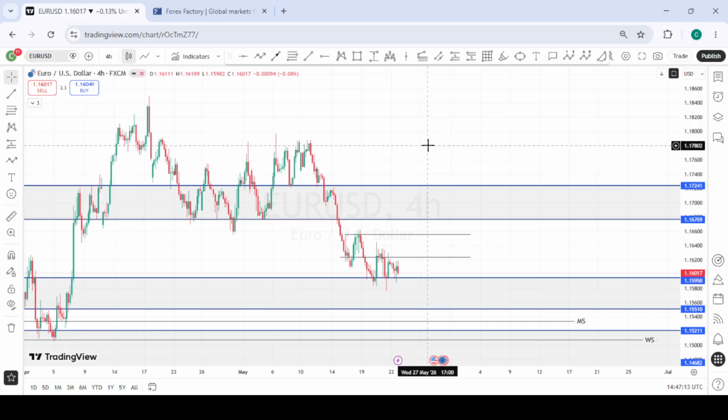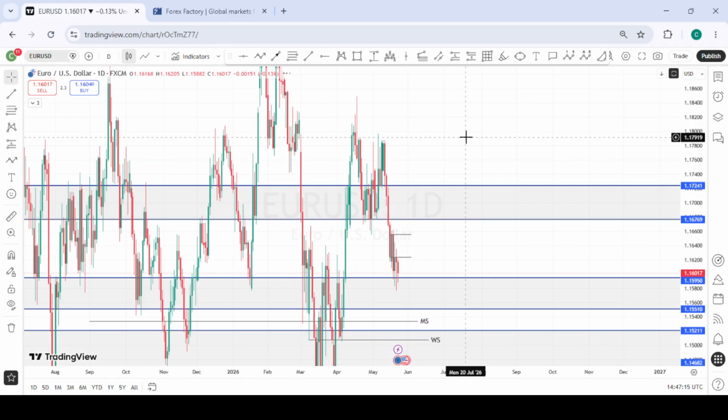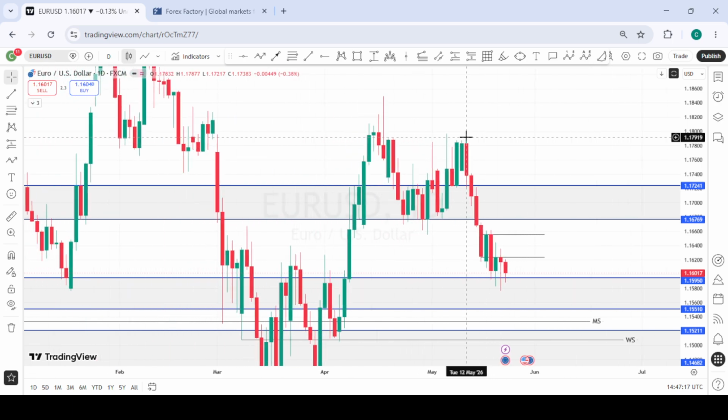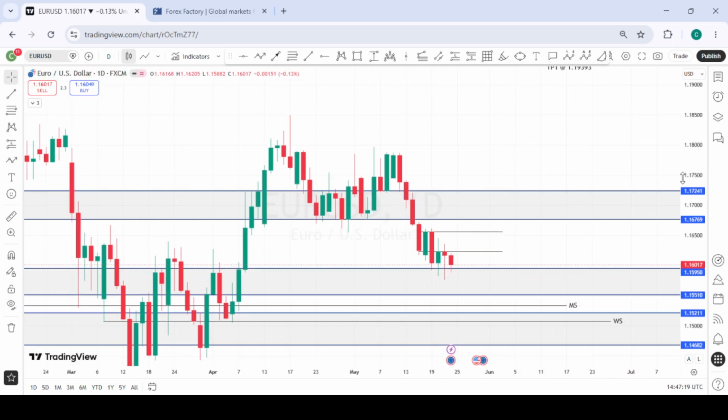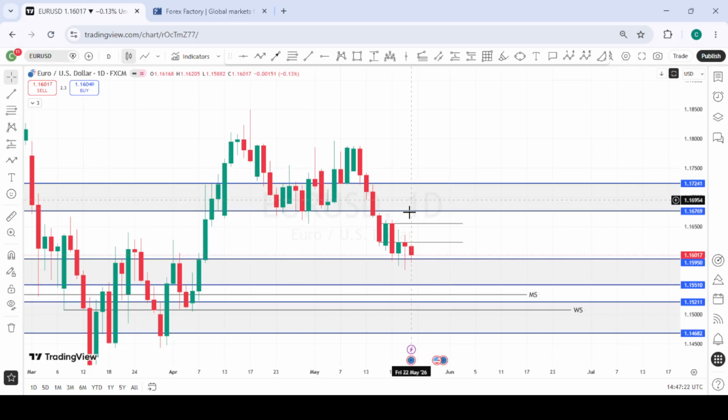This is EURUSD. So for EURUSD, just as we saw on DXY, price is currently in an area of interest right here. Last week we were anticipating that price was going to pull back into this area of interest to give us selling opportunities to the downside. Price never made its way there, and does now retrace to another area of interest to the downside, where we are likely going to see some bullish momentum coming in if DXY weakens.